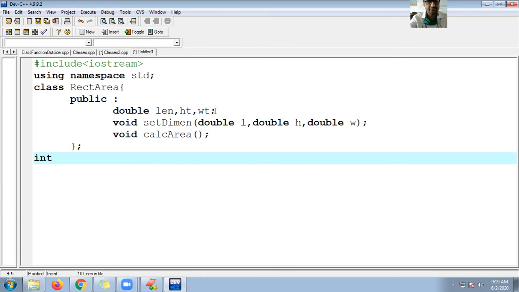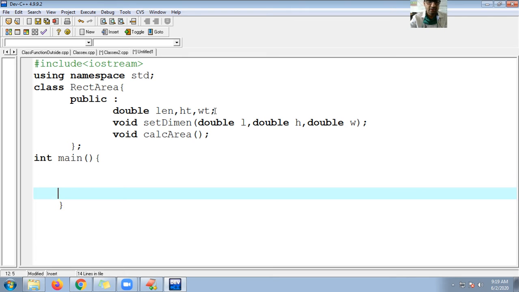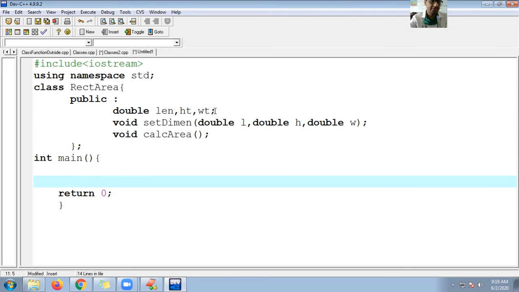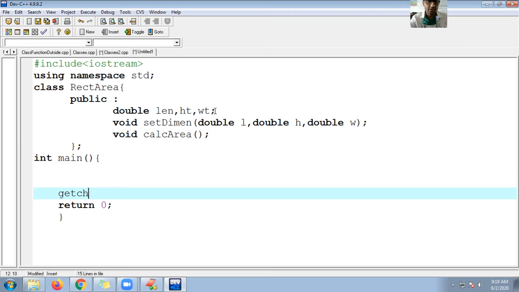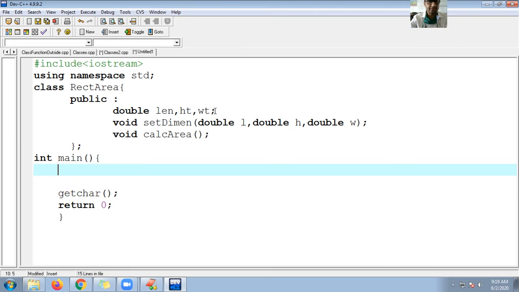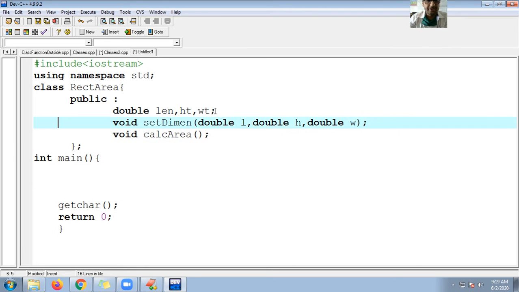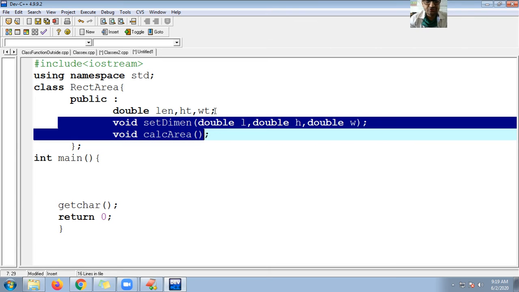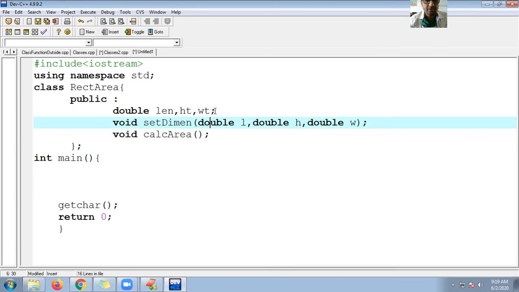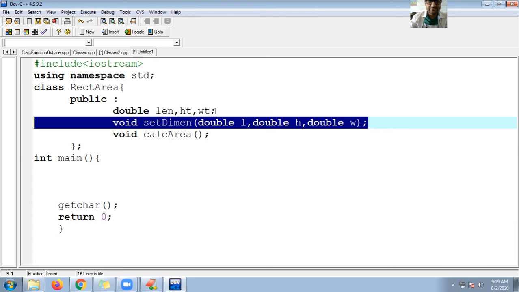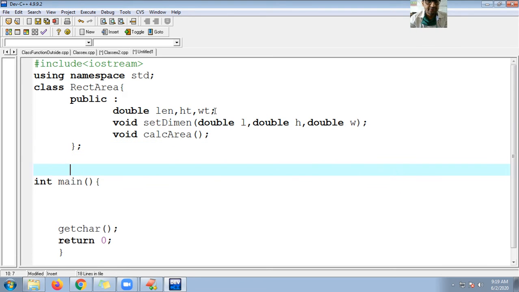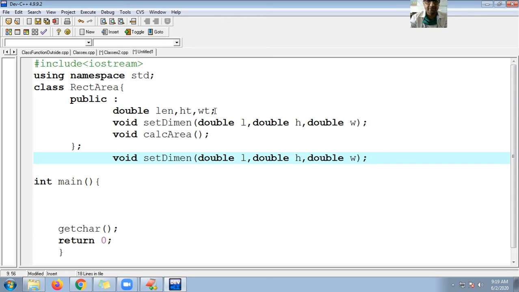Now program execution starts with main. So here is main, opening closing curly, this is the main, and my return type of my program is integer, so I need to end with the 0. And here I can call getchar. Okay, fine. I need to define these two methods. To define the method body, write the method signature as it is outside of the class. So guys, let me go here, method definitions, here void.